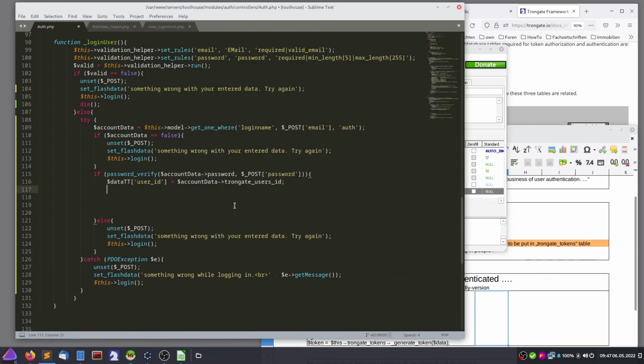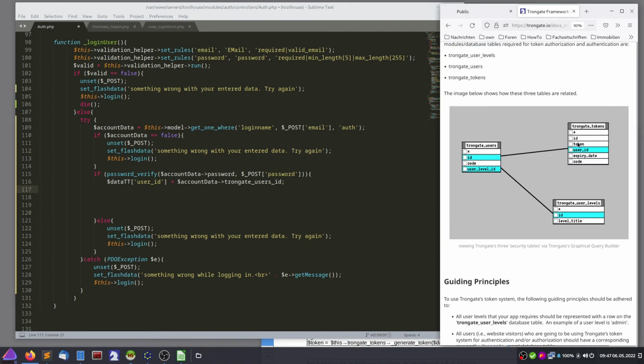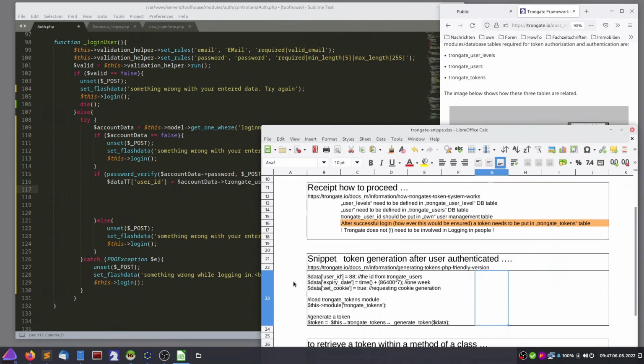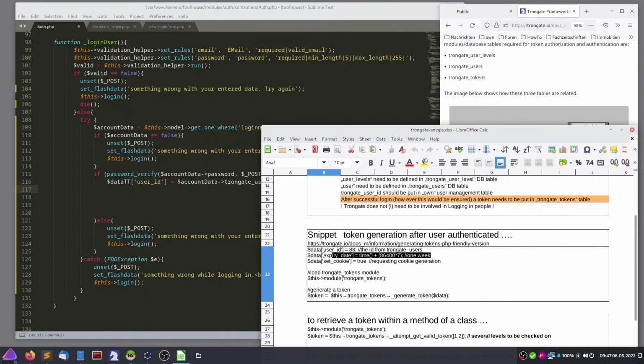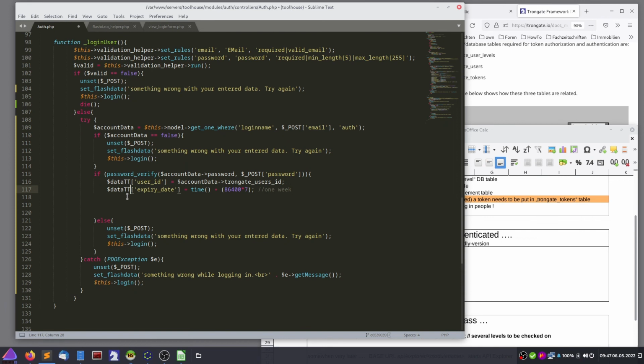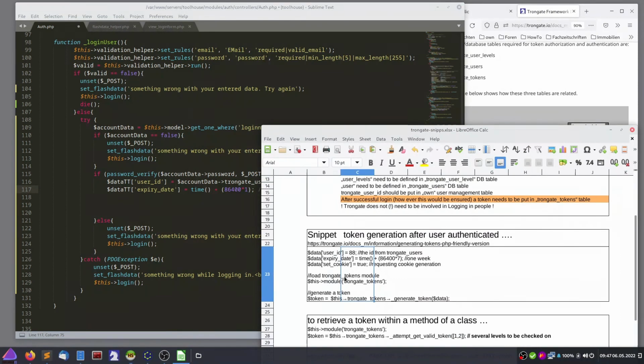Okay. Now we need to put an expiry date and also write a code, also shown here. Yes. Let's make it 1 day. Okay. Then as next we would do,